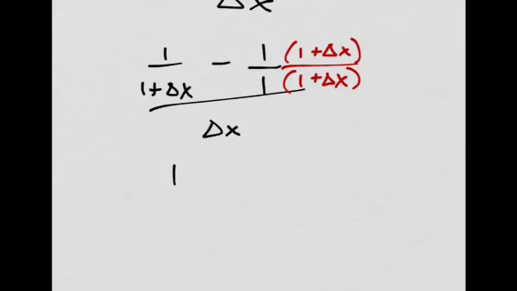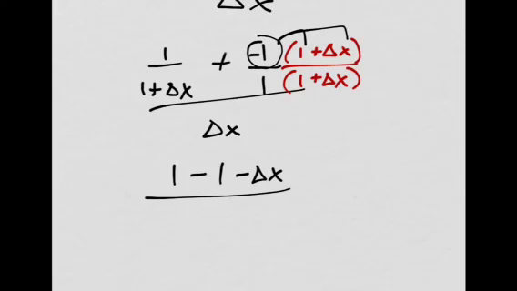We have 1 minus, you distribute this, but it's a negative 1. We're distributing the negative 1. So careful with that. Maybe you say plus a negative, right? Subtraction is just adding a negative. That way you distribute the negative 1. So we get negative 1 minus delta x, all over the common denominator of 1 plus delta x